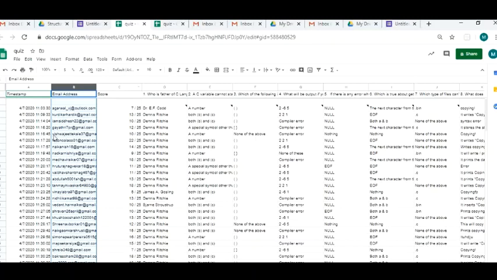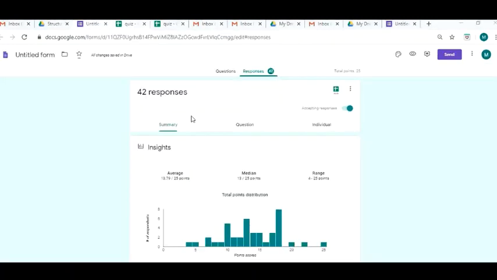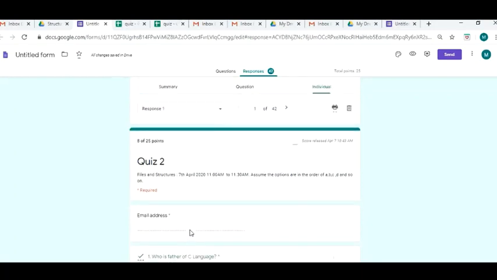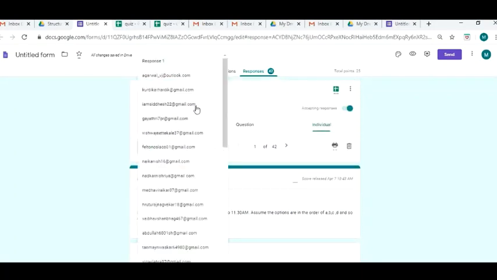Now what if you had descriptive answers? If you had descriptive answers, you would have to go back to your Google Form, and here under responses summary, question, individual, you click on individual and you select whichever persons you want.